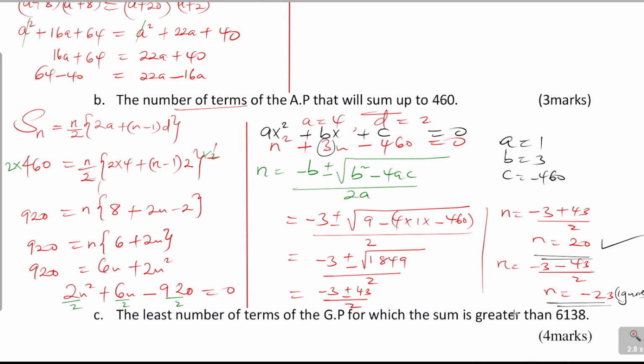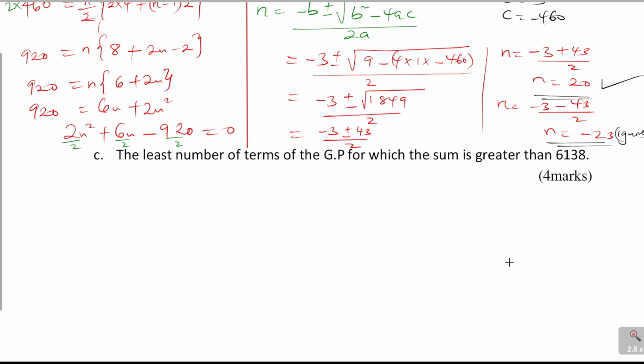Now, from there, having obtained the number of terms, let's go to the last part. The least number of terms of the GP for which the sum is greater than 6138. So here in this question, because you have to get the sum of a number of terms for the